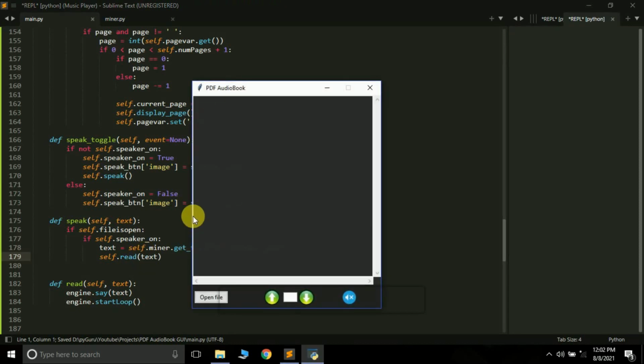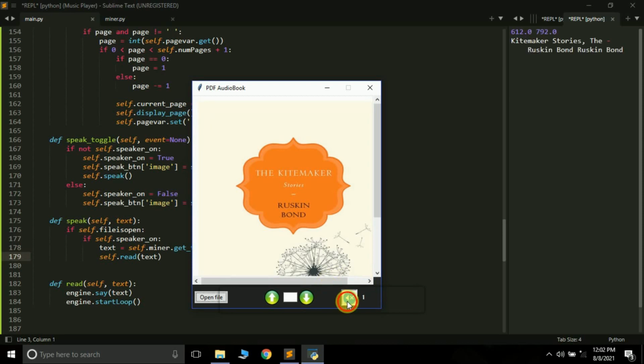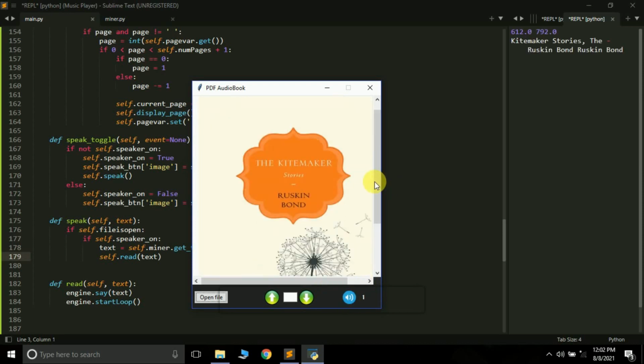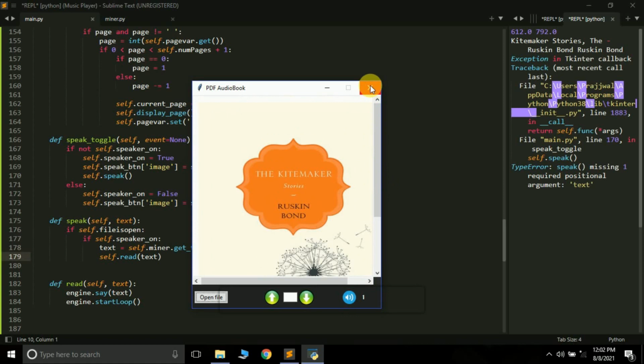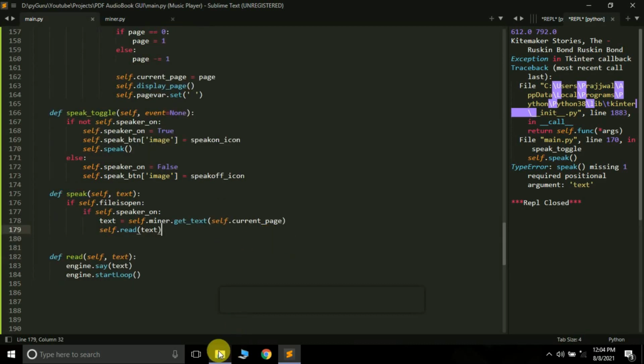If I just run this, open a file, press enter, and click this, again there's some error: speak missing one required positional argument. The speaker is still not speaking. It should work now. Why is it not working?